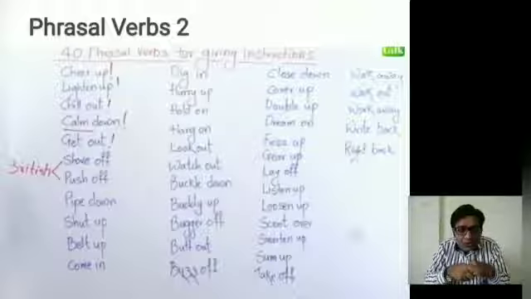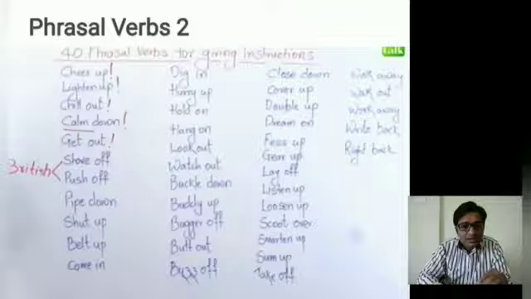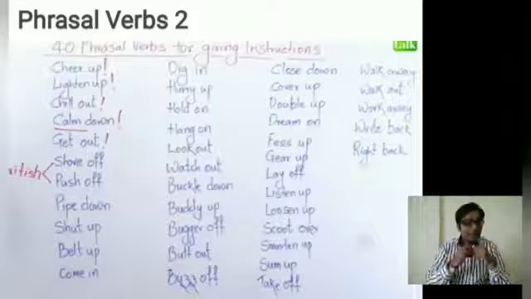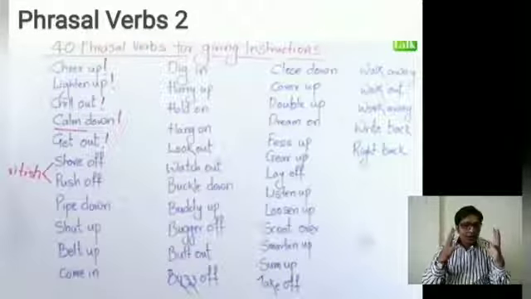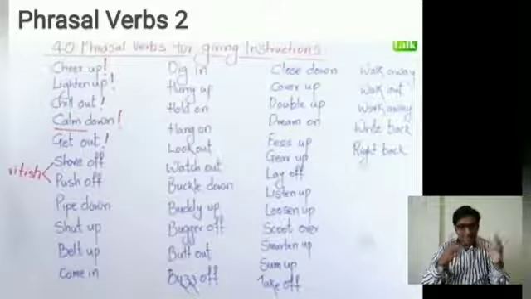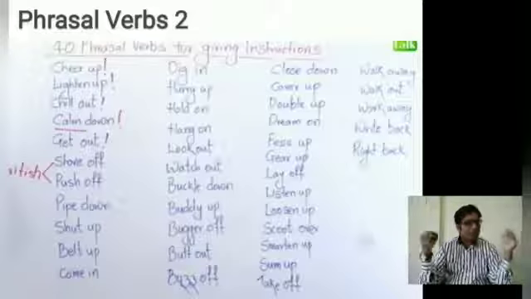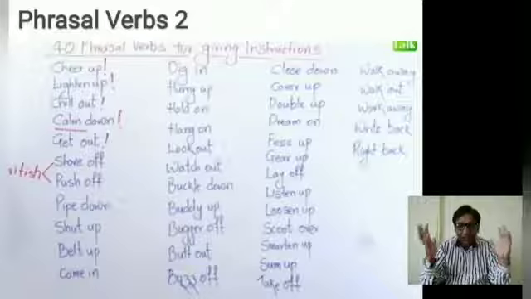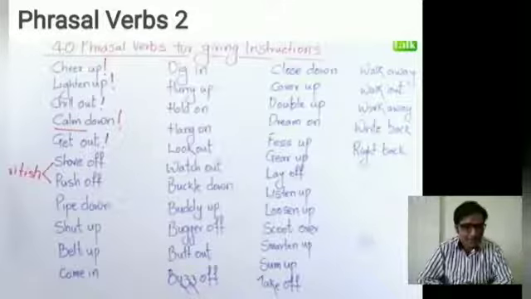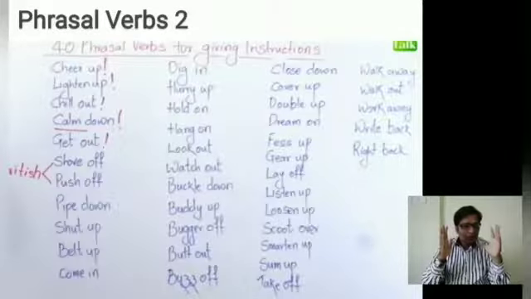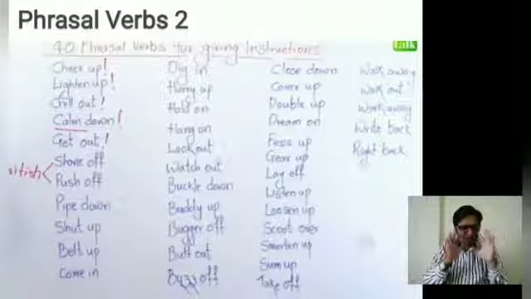Then we have the third phrasal verb, chill out. So chill out means what? If you are inside the house for almost 60 days and the government announces the lockdown is over, then we say chill out, enjoy now because the lockdown is over. Chill out means enjoying yourself. Then we have calm down. If somebody is so much in anger due to something, so we can say to him,